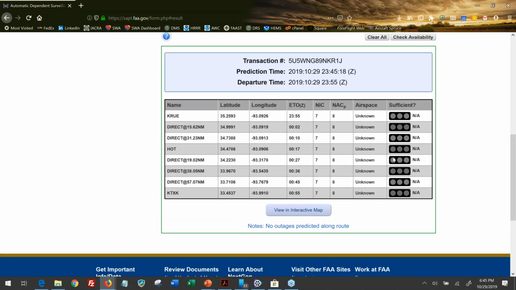So it gives us this graph here and says no outages predicted along the route. So that's good. We're going to view that in an interactive map.